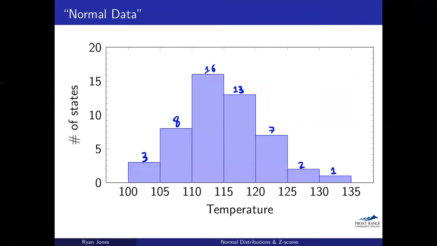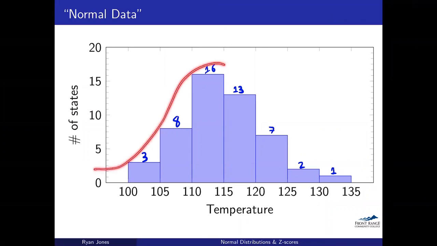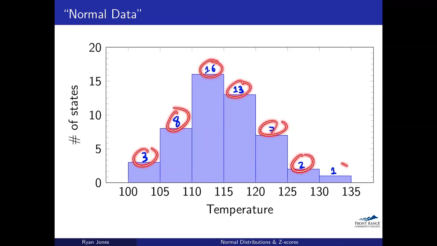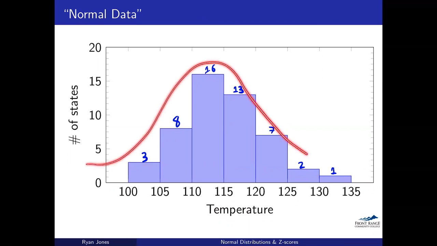So we saw normal data. We saw what that looked like. We obviously had this kind of bell curve shape, and we talked about that quite a bit. But here we had data that was the number of states that have high temperatures in these ranges, and we plotted a histogram here. And what we had was certain numbers within each range, and we've labeled those there. And so let's say that we're looking at this in kind of a bell curve sense, and let's say